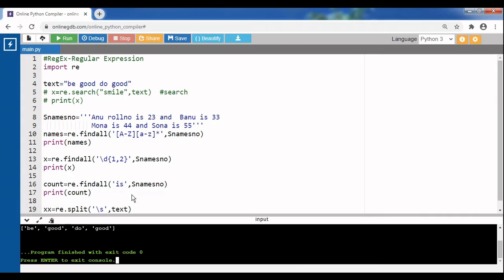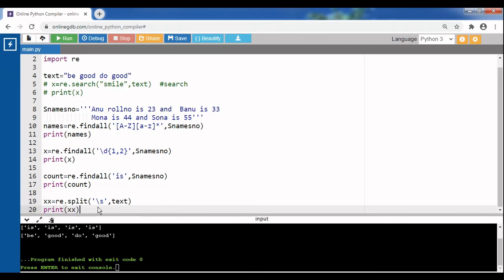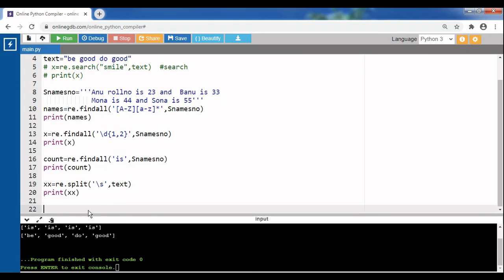Okay, this is about split. Now again, what we can do is, if I want to split at only one occurrence... here there are 4 spaces, right? So whenever a match is found, there are 4 matches, and it just splits the string at each match. I want to do it only at the first occurrence. So for that, what you have to do is